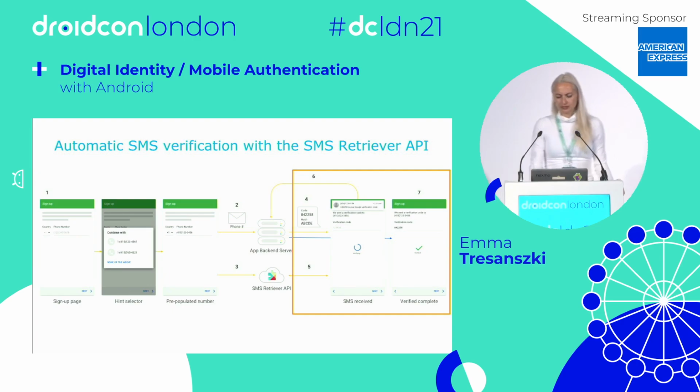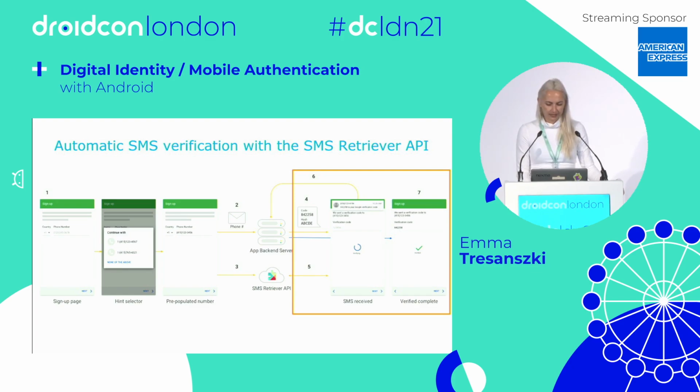And then we move on to the right-hand side. Your server sends an SMS message to the user that includes a one-time passcode, the OTP, that will be sent back to your server, plus a hash that identifies your app. And when the user device receives the SMS message, Google Play services will use this application hash to determine that the message is intended for your app